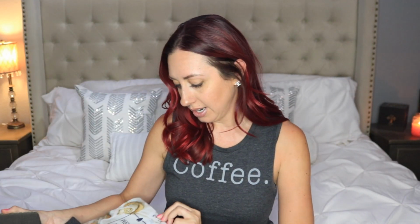Okay, so there is a card. This month the theme is called the Oasis, and this little card tells everything on the side that is in the box. 1, 2, 3, 4, 5, 6, 7. There's going to be 8 items, and I just looked over them really fast. I still have no idea what is in the box. This is going to tell exactly what the things are and how much they are. So the first thing in here I'm seeing,